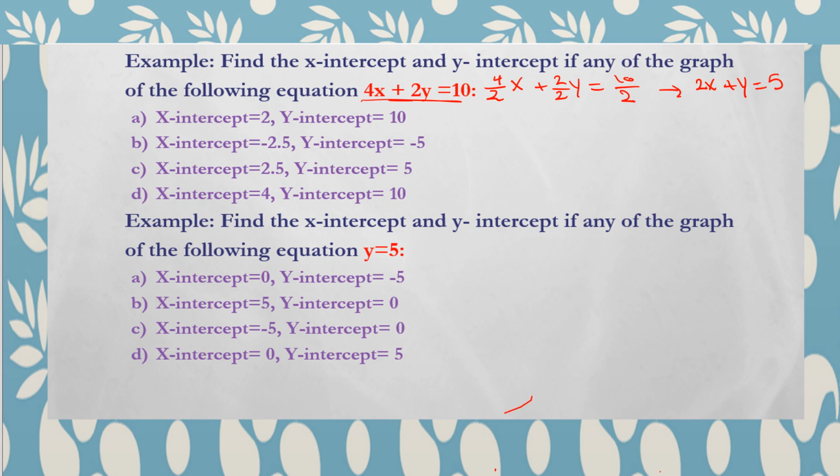To find the y-intercept, we set x equals 0. So 2 times 0 plus y equals 5. Then y equals 5. This is the y-intercept. For the x-intercept,